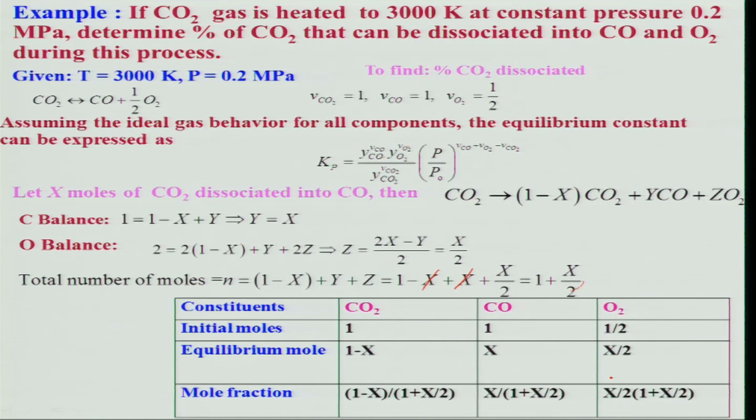So, what we will do now, we will substitute these values in the Kp, that is the equilibrium constant, and we must know the equilibrium constant from knowing the change in Gibbs free energy at the standard state. So, we will basically take Kp equal to e to the power minus delta G naught by R_u T. So, we know the temperature. So, we will substitute this value 3000 Kelvin, and these values from the JANAF table.